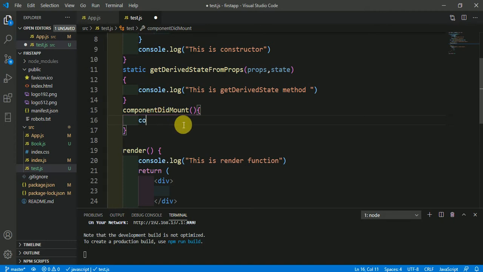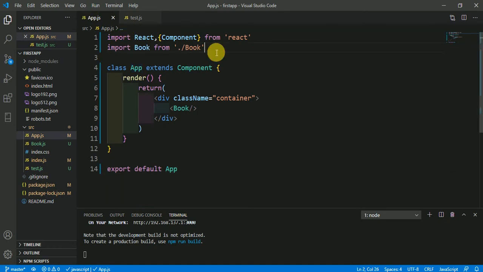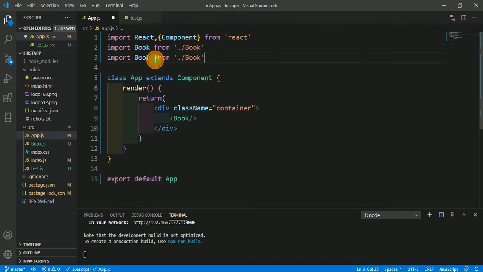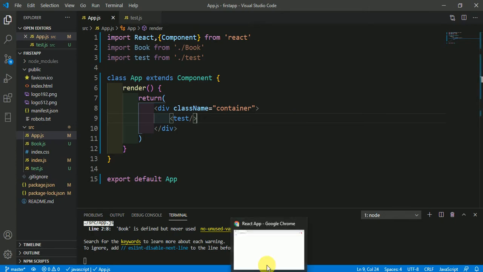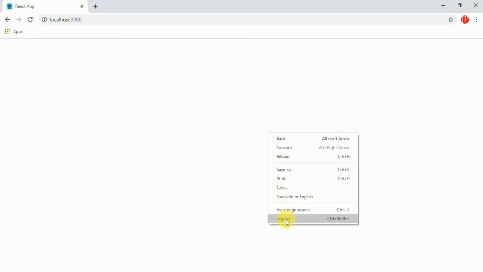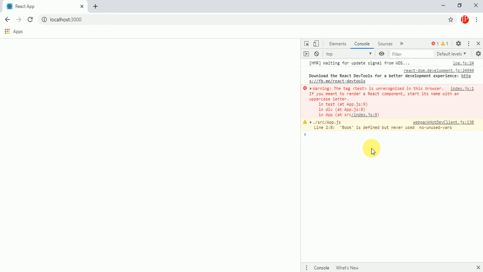So just type here console.log, this is componentDidMount. Just come here in app.js, import here test, and include test here. Open inspect. Here one error is coming that test is unrecognized in this browser. If you are meant to render a React component, start its name with an uppercase letter.